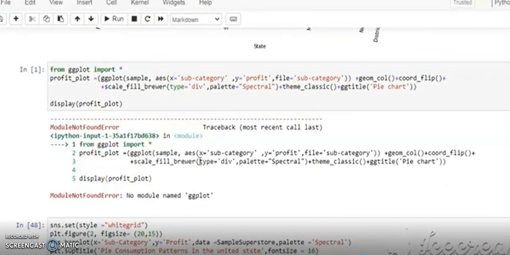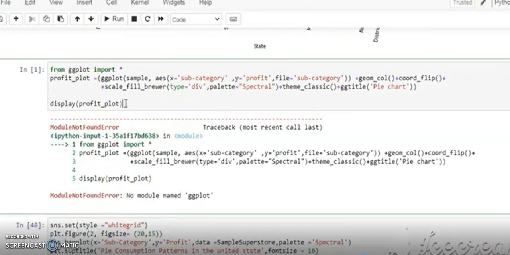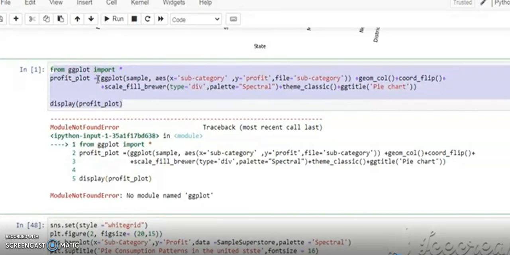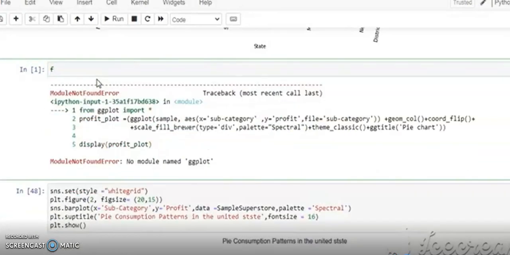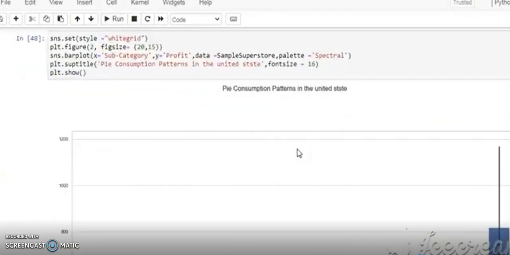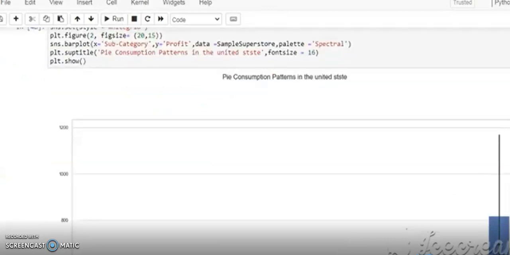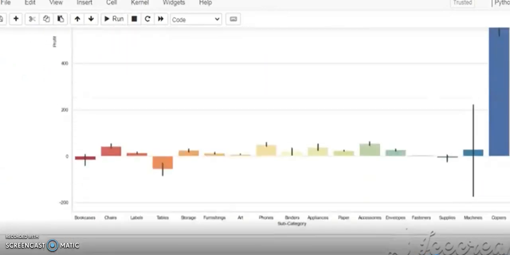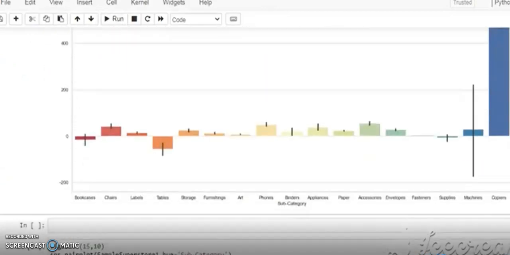After that we import ggplot, but you can see here an error because this module ggplot does not exist. This error occurs because if we close our Jupyter notebook and then start again, first we need to run all, and then we can start again.